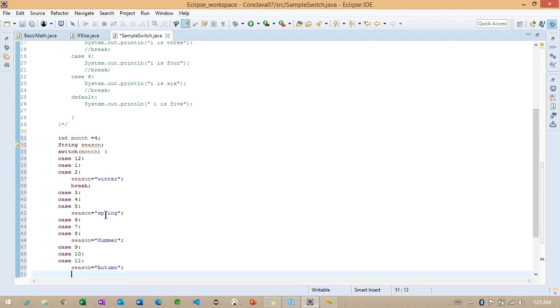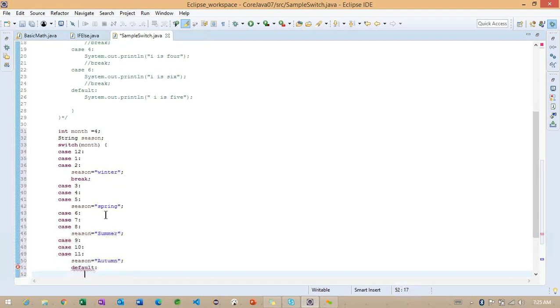If anything is not matched, what can we do? We can go for the default one. What can we define here? Above not matched.